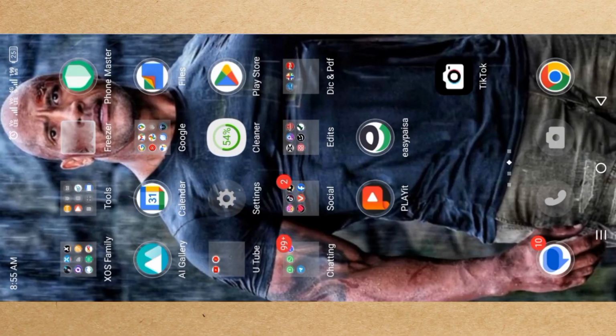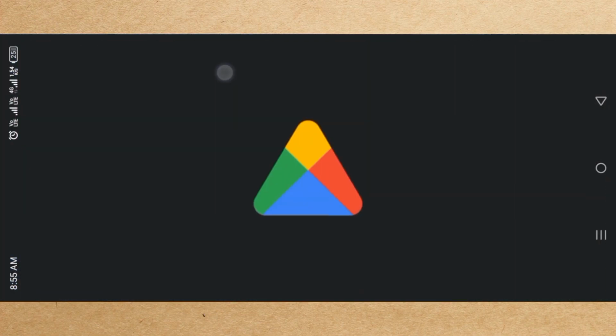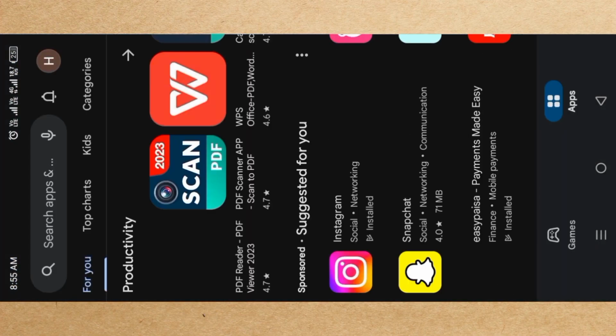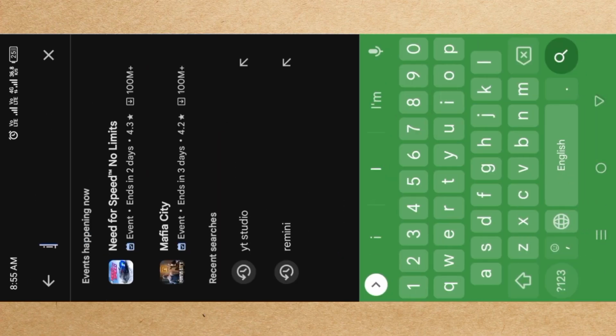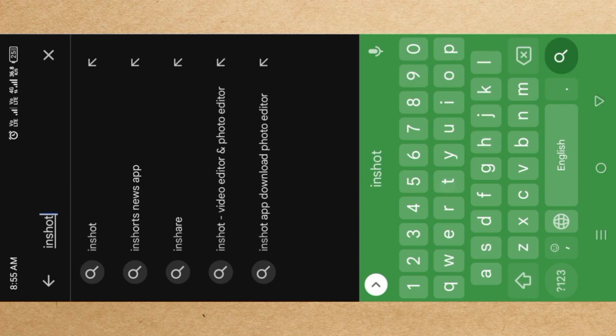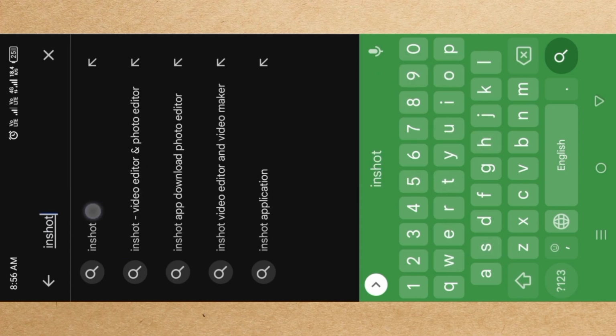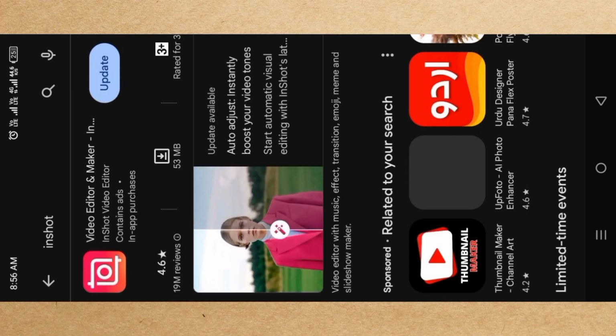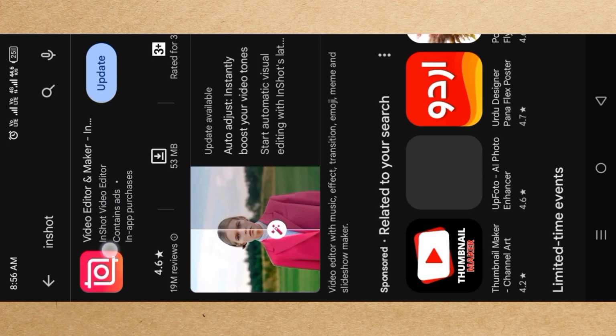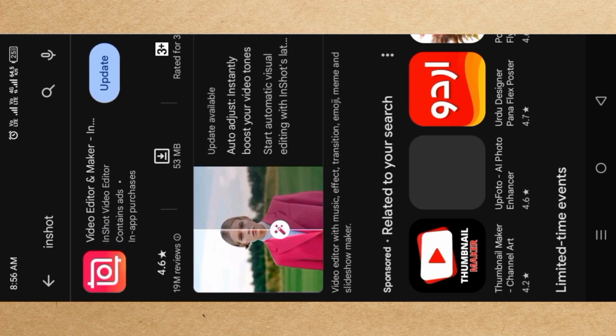So let's switch to our mobile screen. So friends, after opening the mobile screen, you have to open the Play Store application. After opening the Play Store application, you have to search InShot. Click on the first option. Yes, this app will show in front of you. Look, you have to download this. I had already downloaded this, so